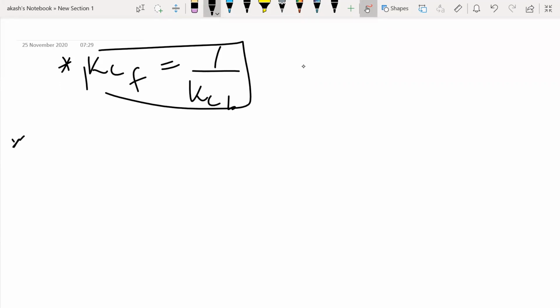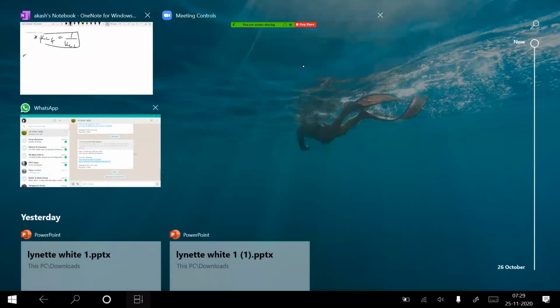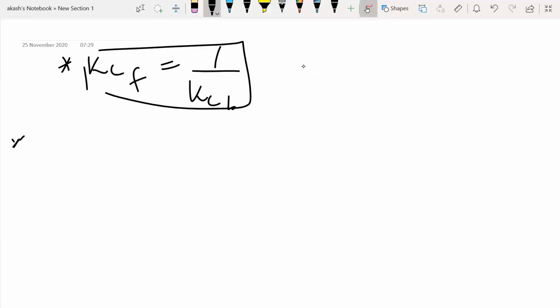Sir, here K is small k only, no, sir? Here it is big K, big K. This is about the equilibrium constant. Always equilibrium constants, big K. Rate constant, small k. Okay, right? Fine. So moving on, next point.